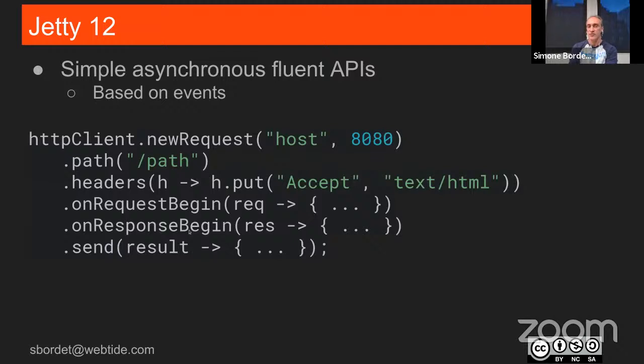And here, for example, you have the on response begin event, which is the moment that we receive the first information from the server. And now you can tell the difference: how long did the round trip to the server, processing on the server, and round trip to the client take? Is it the external system that I'm calling that is slow and not my fault? And this is really interesting because now you can really pinpoint and say, hey, I am making a call to that microservice over there. They are slow and it's not my fault. So call that department and tell them to be quicker or change the configuration to be quicker.